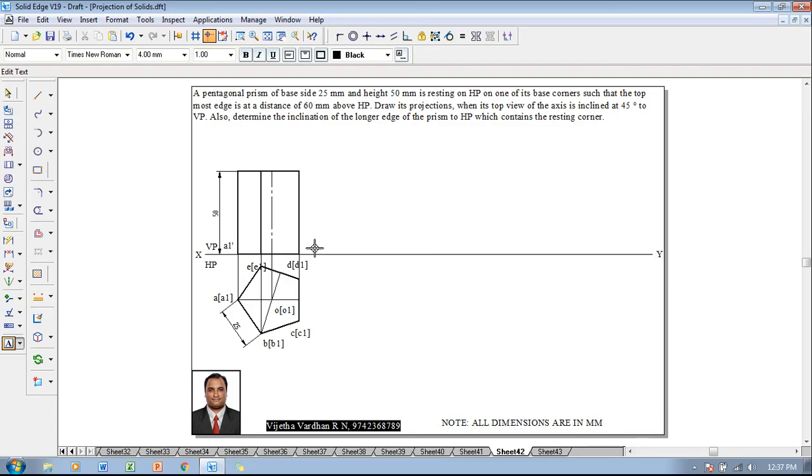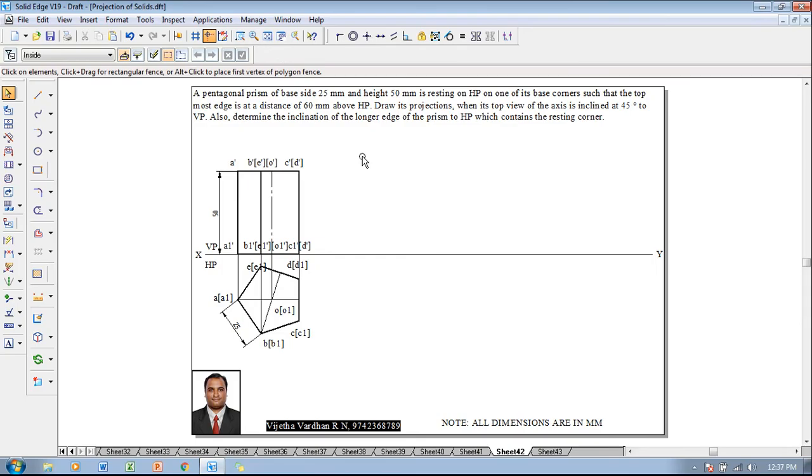Then in the same fashion in the front view, this corner is going to be marked as A1 dash, followed by we have B1 dash, and then inside the bracket we have E1 dash, then followed by O1 dash inside the bracket, and then C1 dash, then open bracket, D1 dash, and close bracket. Now these are the respective edges in the top. So here it is going to be A dash, then B dash, E dash, B dash inside the bracket E dash, then we have O dash, and then we have C dash as well as D dash. Whereas D dash is supposed to be inside the bracket, so let me have a text inside the bracket.